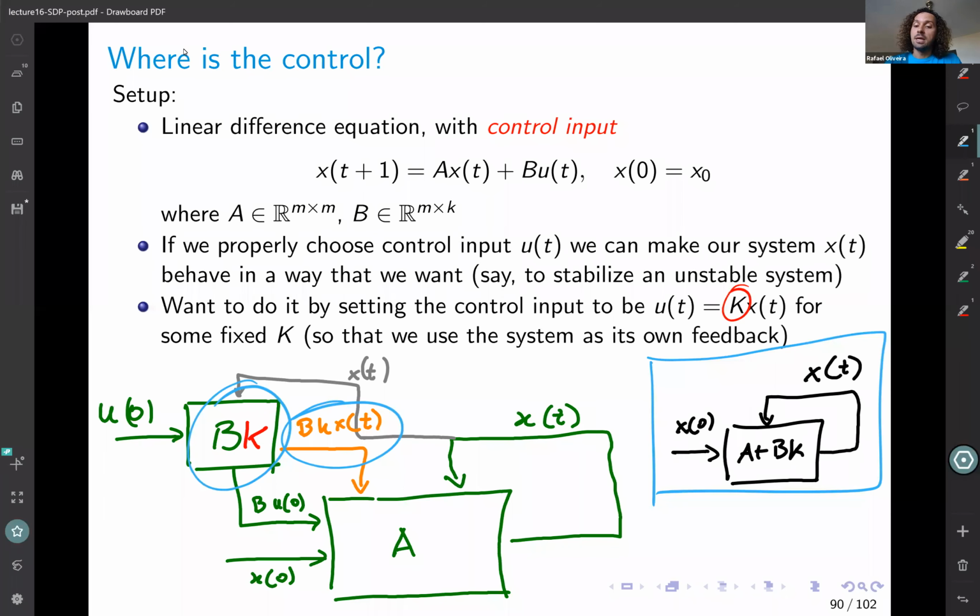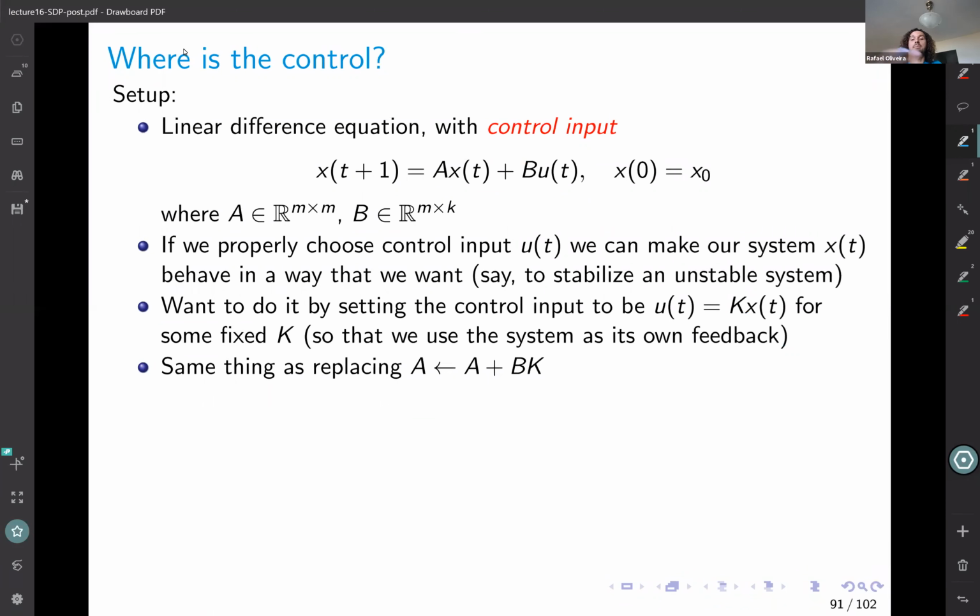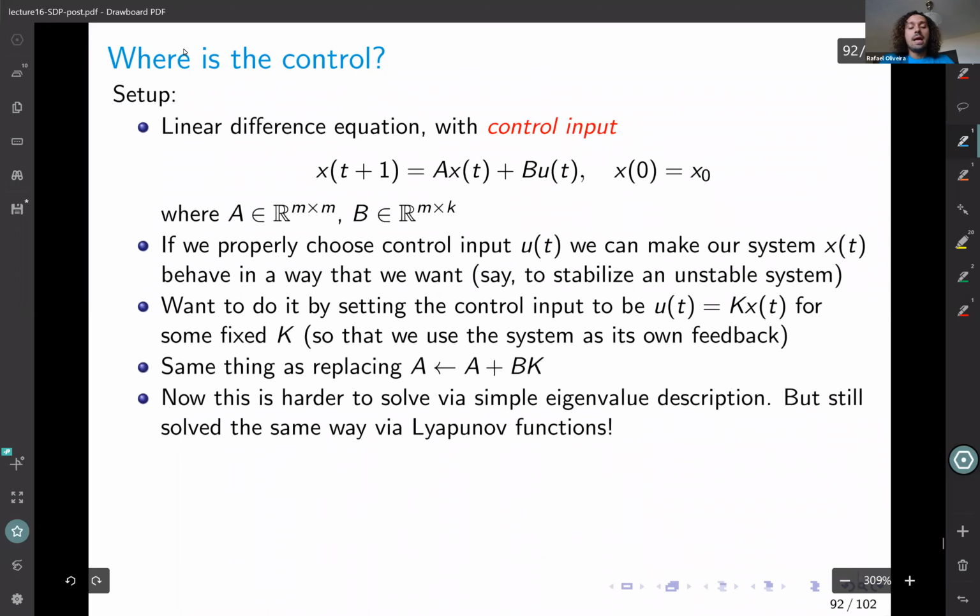Okay, so this is equivalent to just saying that I have a matrix A plus B times K, and then I just let the process run from x0 and I just keep watching it, right? So this is the same thing as replacing the matrix A above as A plus B times K. And now this perturbed system, like this controlled system, is much harder to solve via simple eigenvalue description, because now I have to find B and K such that all the eigenvalues of A will be less than 1,